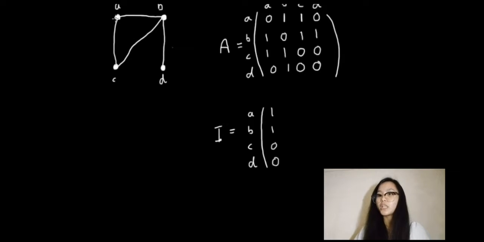Let's move on to AC. I have the edge AC here, so in the next column I have a 1 next to A, a 1 next to C, and zeros next to B and D. For this edge here, joining B and C, I have a 1 next to B, a 1 next to C, and 0